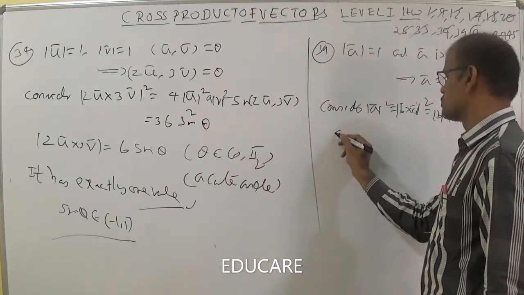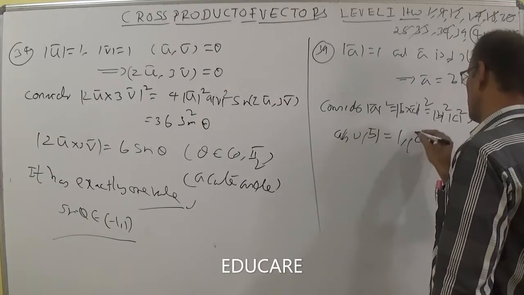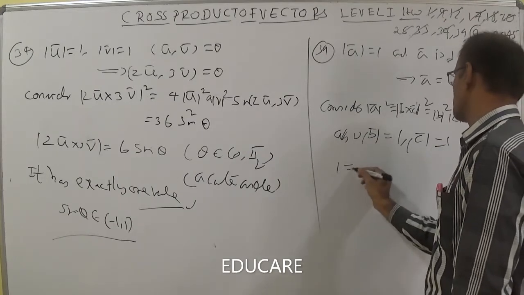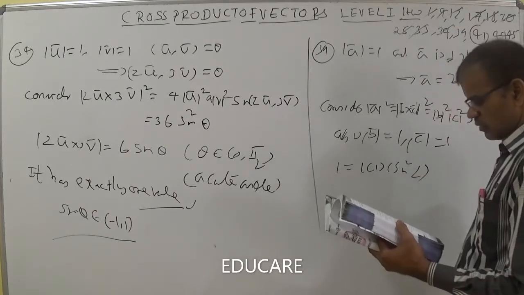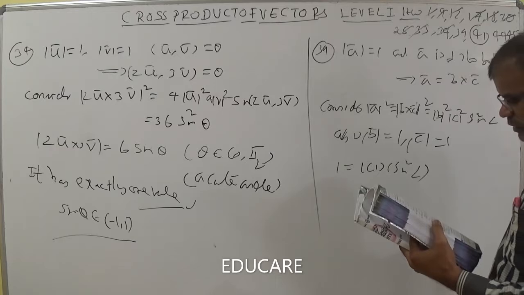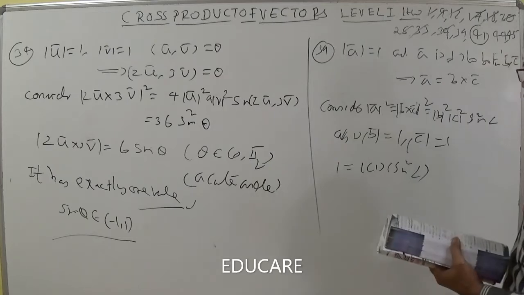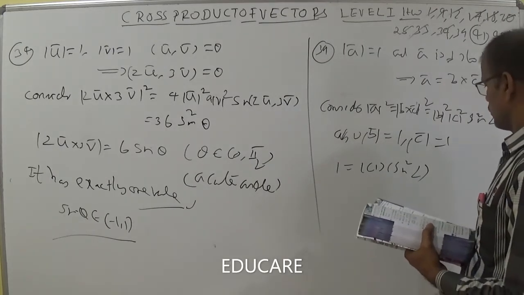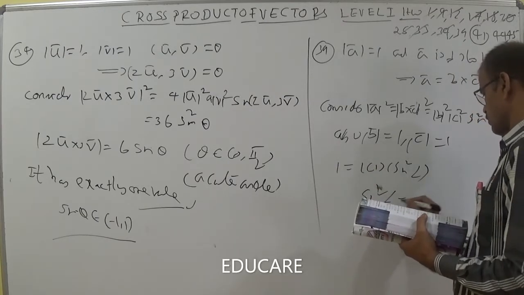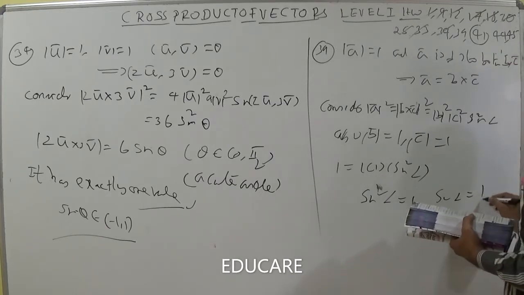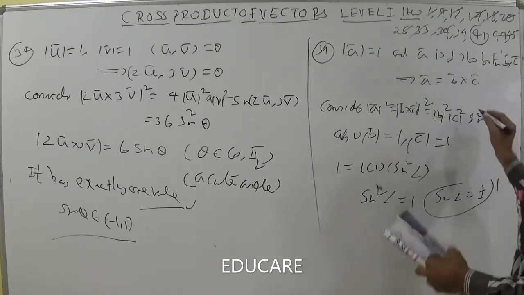Okay. Then he has also given mod B bar is equal to 1 and mod C bar is equal to 1. So 1 is equal to 1 into sin square alpha. Then A bar is a unit vector perpendicular, it's okay. Next, A bar square is 1 into 1, we got the value now. Sin square alpha is equal to 1. So sin alpha equal to 1, so plus or minus 1 you can put. What is he asking? B bar cross C bar.